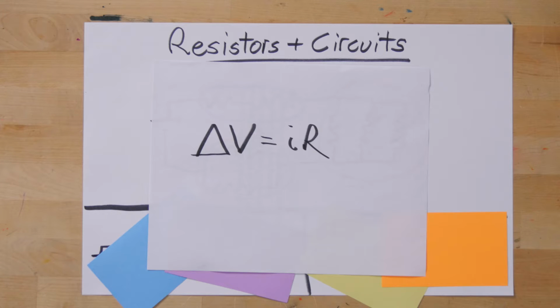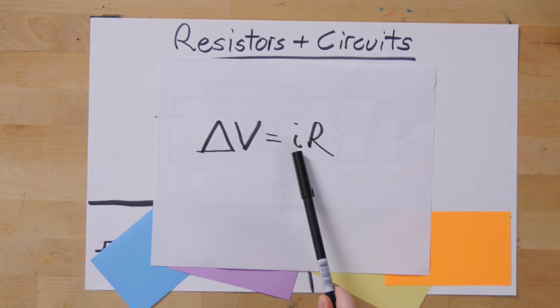Resistors have a resistance measured in ohms that slows down charge from flowing. For a resistor, Ohm's law is the most important thing to remember. The change in potential across a resistor equals the product of the current and the resistance. So if you have a 5 ohm resistor with a 10 volt battery, it'll have 2 amps of current going